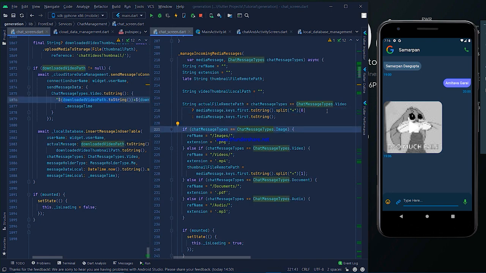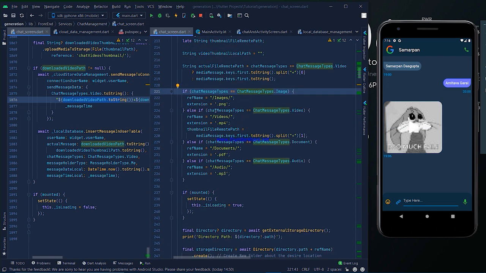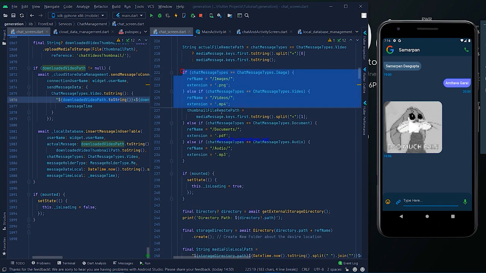And if it is not a video type message, then we take only the message, because a single file is coming. And as we saw in the condition to take the reference name and extension in the previous video, I add one thing: if it is a video type, then for the thumbnail file remote path, we take the incoming message, split it with plus and take the one index.